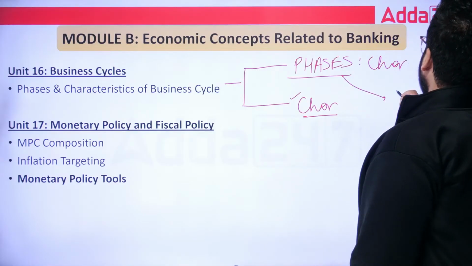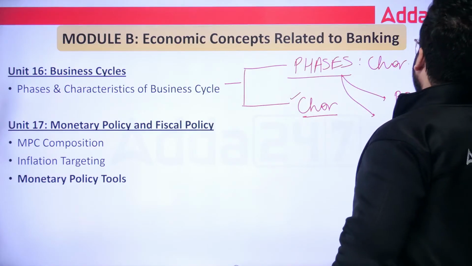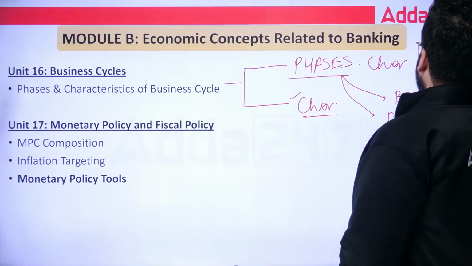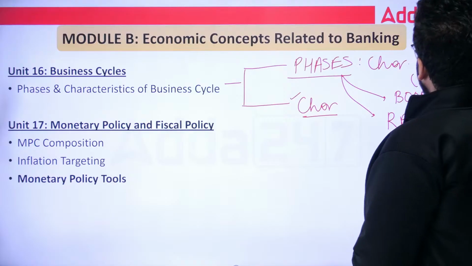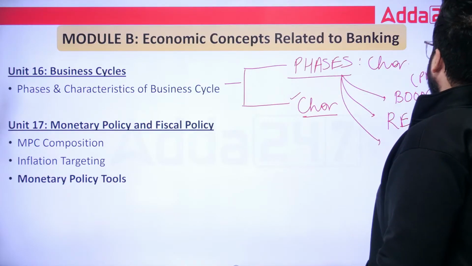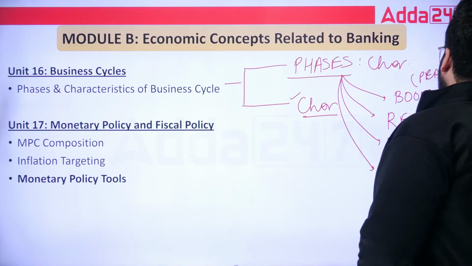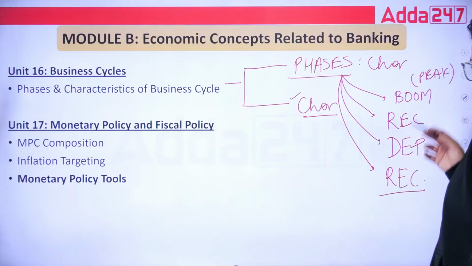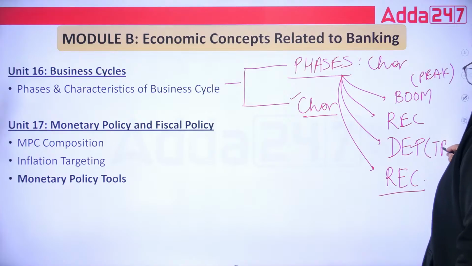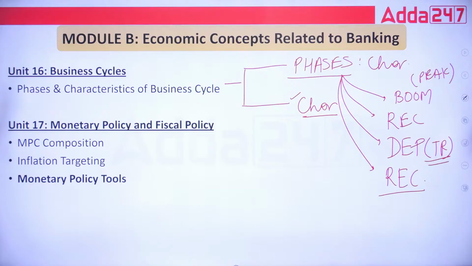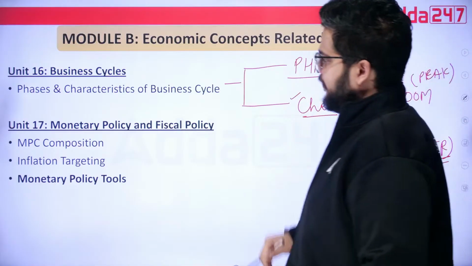So the phases, we have what? The boom phase. It starts with the boom phase. Then we go on to the next phase, which is your recession. In the boom, there will be one peak also. Then recession comes. After that, prolonged recession leads to depression, and then the government will intervene and we will have the recovery path. Ultimately, we'll move towards the boom phase again. In depression, we have the trough as the lowest point. So the phases, their characteristics, the business cycle characteristics, all these are very, very important.